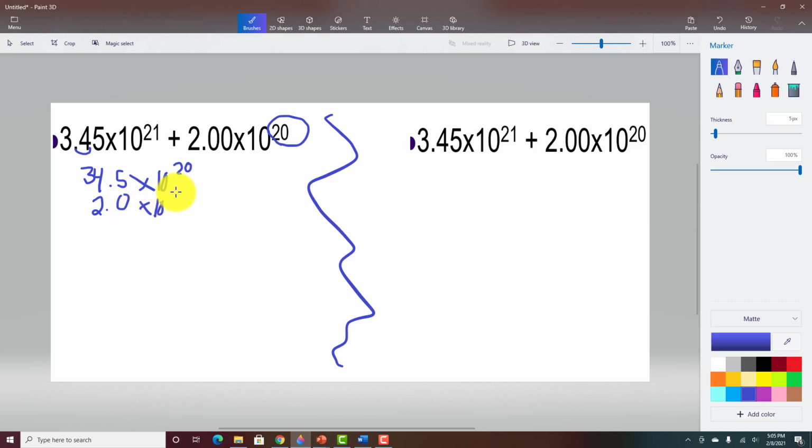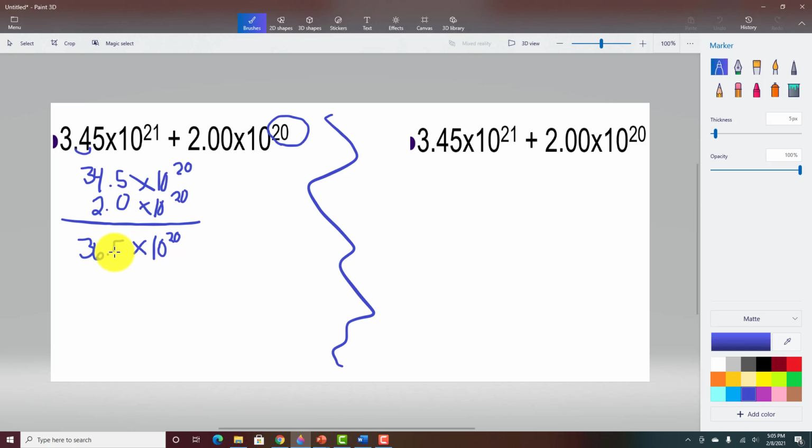Okay? When you're adding these, do not add the exponents. Don't make it 10 to the 40th. The exponent stays the same. You just drop that down. Times 10 to the 20th. It stays the same, like the bottom of a fraction. If you add 3 over 4 plus 1 over 4, the 4 on the bottom doesn't change. So then here you have